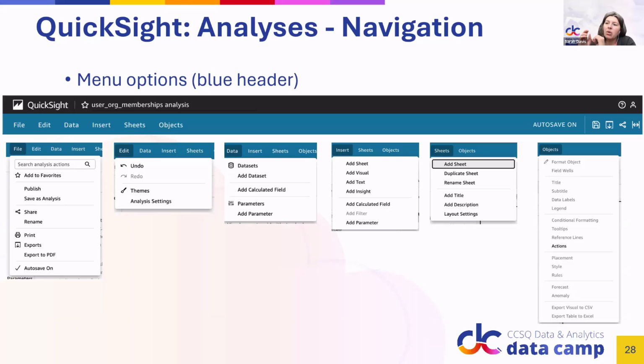Sheets are what QuickSight calls different tabs that'll show up at the top, or different pages. So you can add additional sheets into your analysis that will become your dashboard. If you want to create different versions because you want to test it out, you can duplicate it so that you have two slightly different versions. If you need to rename anything or add information, that blue navigation bar is where it's easiest to go to find all of these things, even if the UI has changed within QuickSight on you.